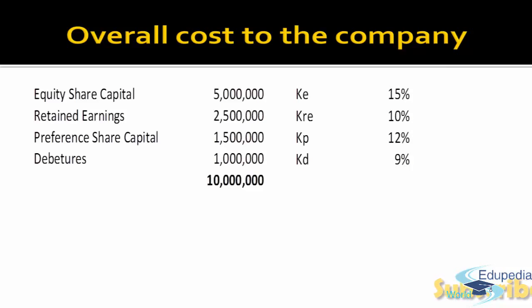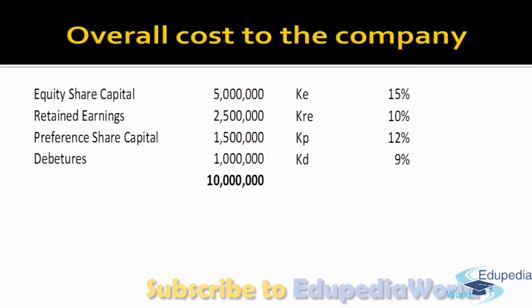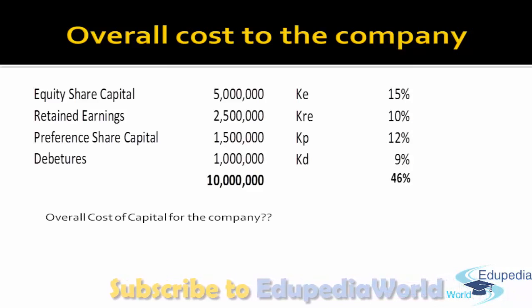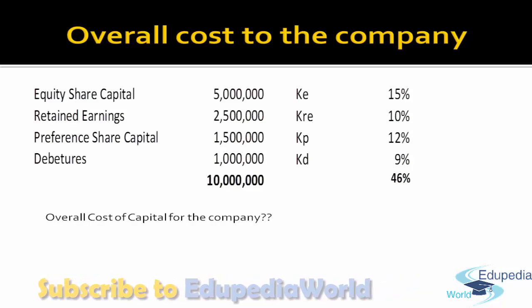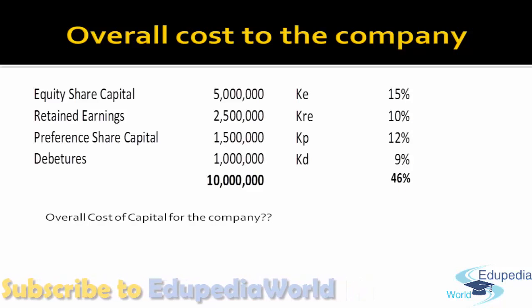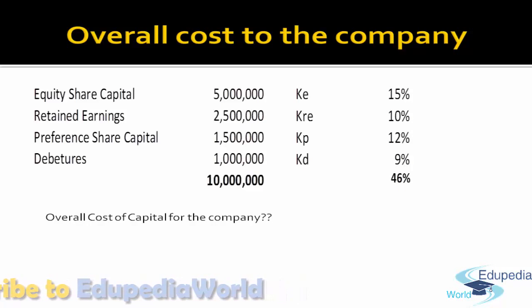Now if I have to compute, for raising this 100 lakh finance, what is the total cost that the company has to bear? How will you compute the overall cost for all these sources of funds? We have the specific costs, like for equity it is 15%, and different sources have different costs. To compute the overall cost for this 100 lakh funds, how will you compute it? Is it that you will total the specific costs? No, because this is 15% of 50 lakh, and 50 lakh is only 50%, that is, the equity shareholders contribute 50 lakh out of the 100 lakh capital structure.